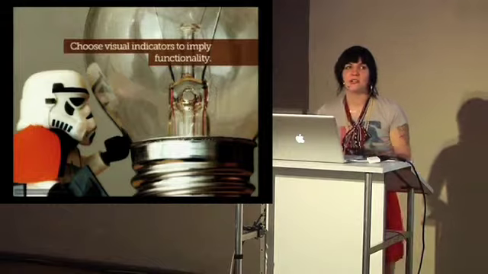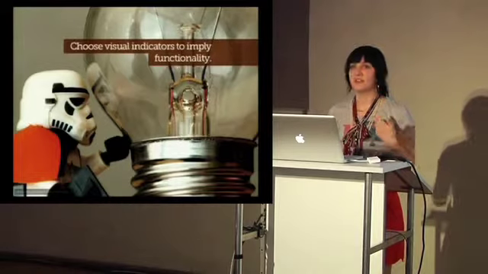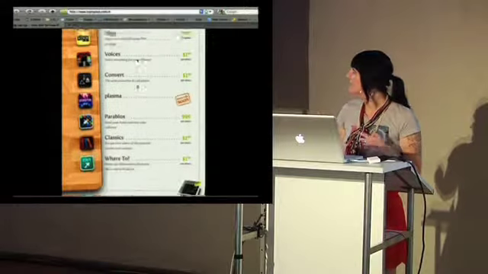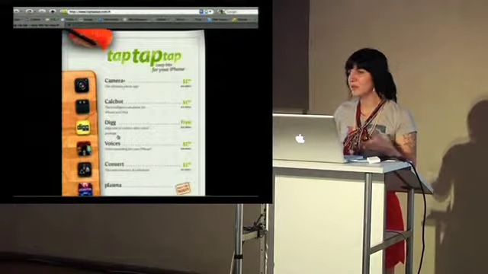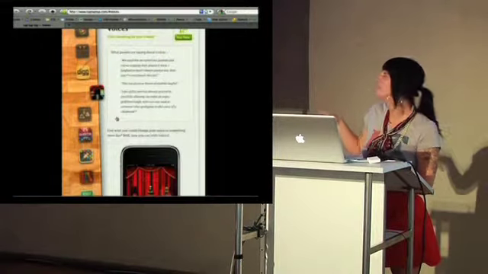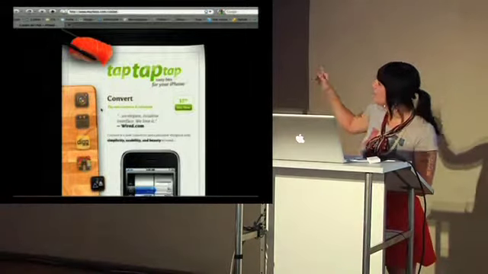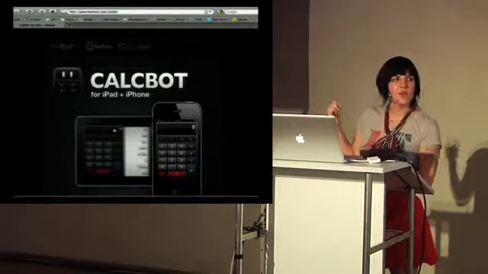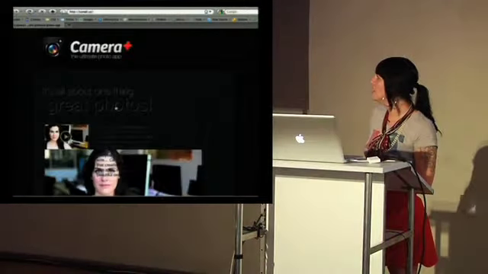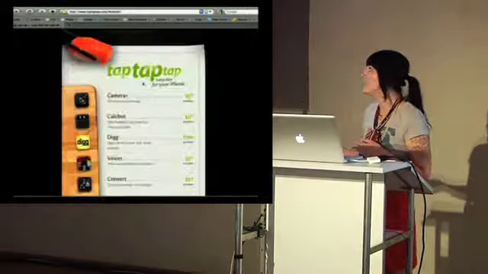Choose your visual indicators wisely. When you have JavaScript functionality, users should know what they're going to do when they click on something or something is happening. So here's a site for some iPad apps, or wow, I just forgot the word, but you get what I'm saying. And you can see when you click on these, it automatically changes the content on the right-hand side. So this happens with almost all of them, except the first two. When you click on them, even though the icons look the same as the rest, these actually open a new page. So as a user, I wasn't expecting that at all based on the rest of the interface. So maybe a little arrow icon or something to let a user know that they're going to be taking off this page that they were just on.